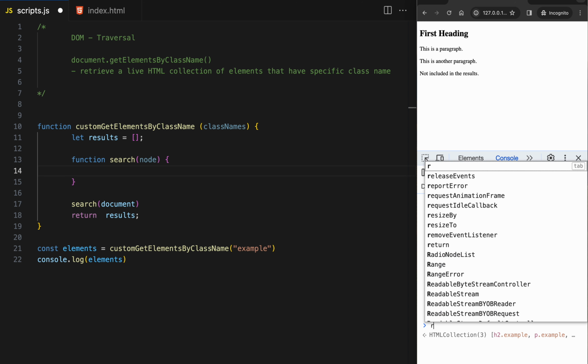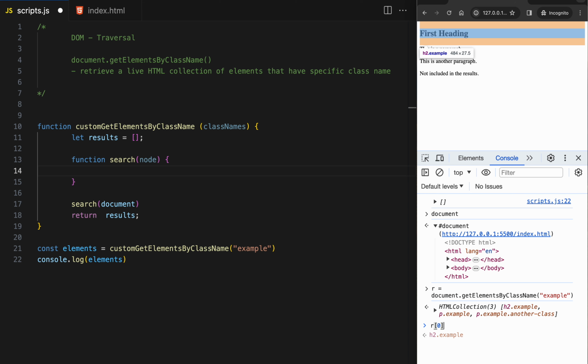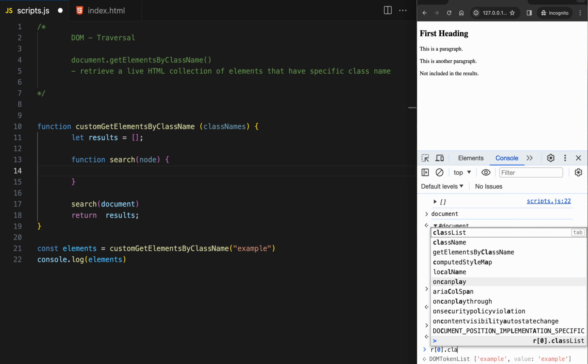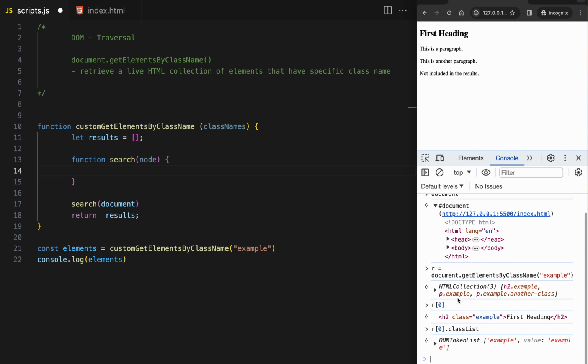So we are getting R. If you do the R0, then we'll get a first example. In this first example, if we do dot class list, then we get a first DOM token list. This means check if the current node has a class list. Why class list? Because it's an element with a class attribute. So this class attribute, that's why I'm going to check if